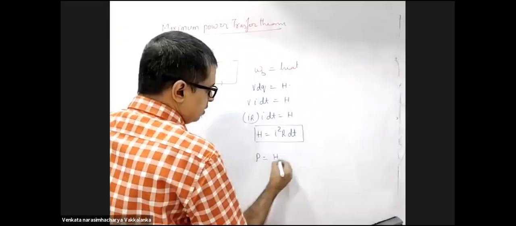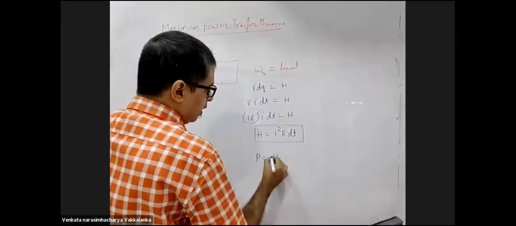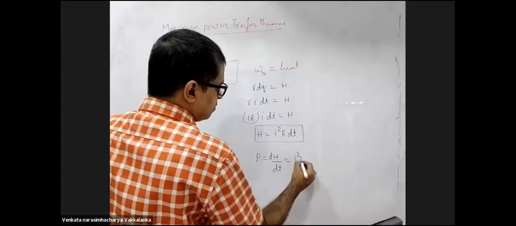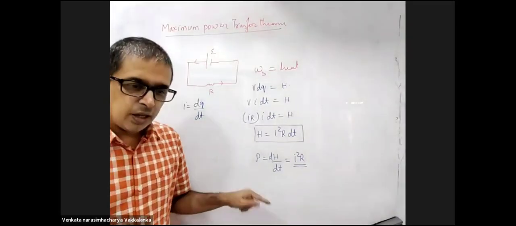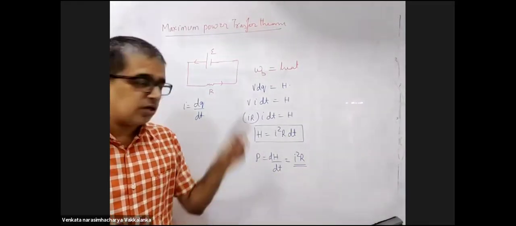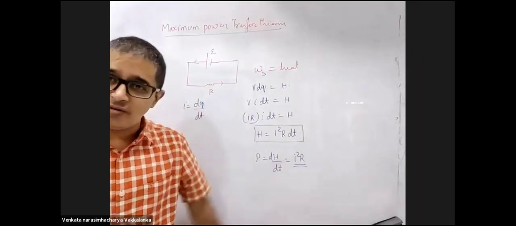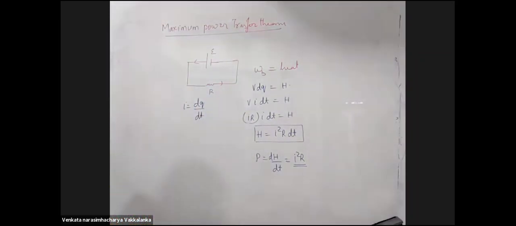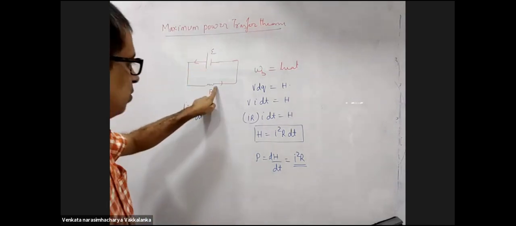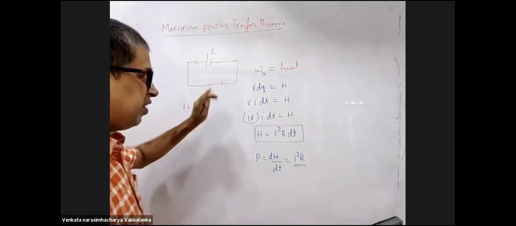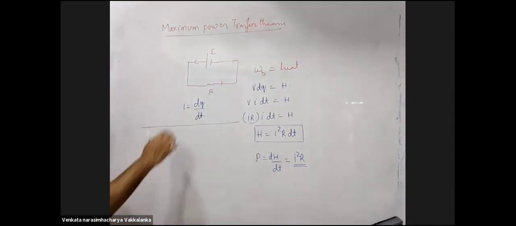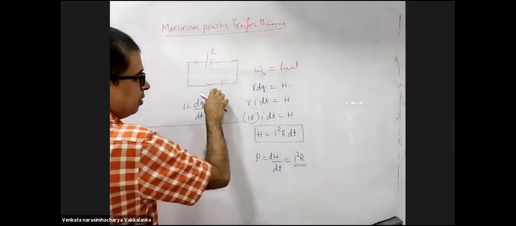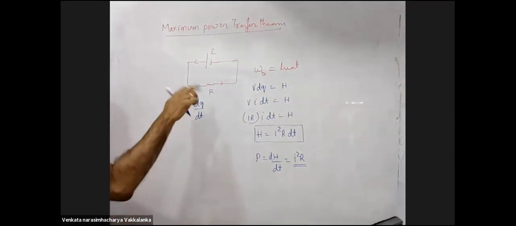Power dissipated is heat loss by dt. This is I square R. This is work done by the battery or heat dissipated through the resistor, because in the circuit other than the battery you have nothing else. Right? You have no equipment to store energy. So whatever is the work done by the battery is dissipated in the form of heat. Now I want maximum power to be dissipated from this. Take it down till here and come to that.